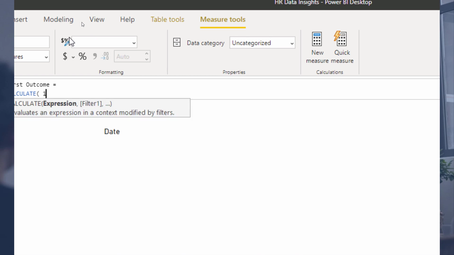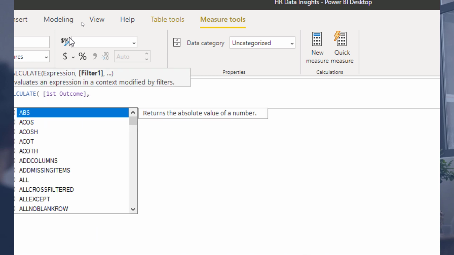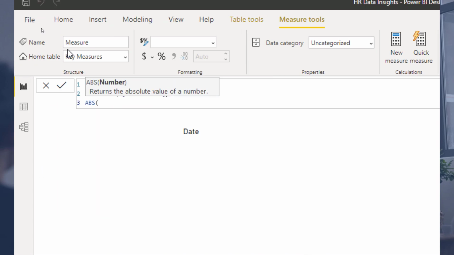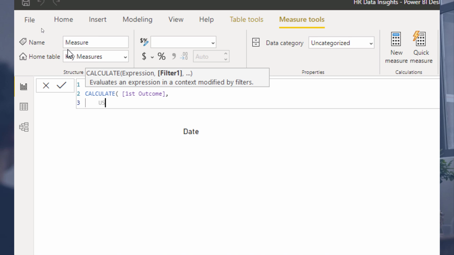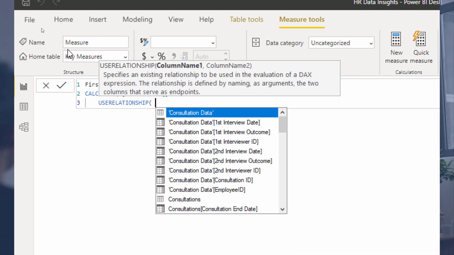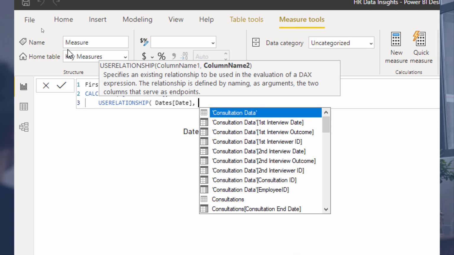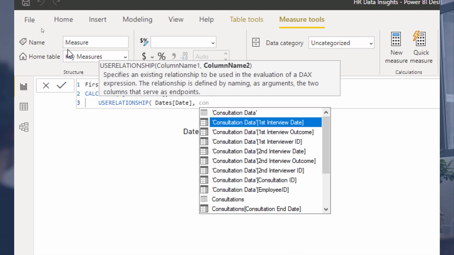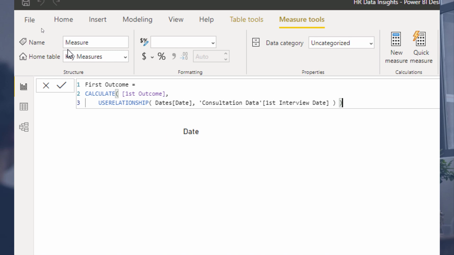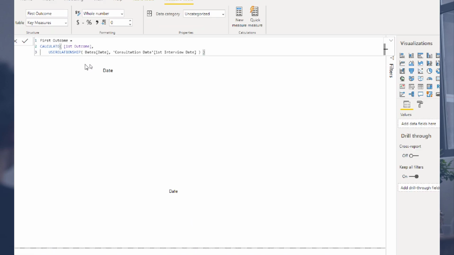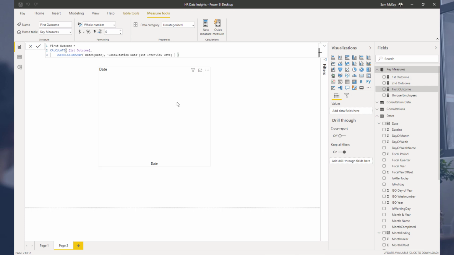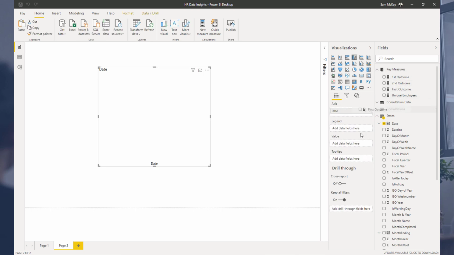First outcome, and then I'm going to use relationship, and I'm going to go date with the consultation, the first interview date. Okay, so basically all this is doing is it's turning on the relationship so that we can see, okay, well, what would this number be? So I'll turn this into